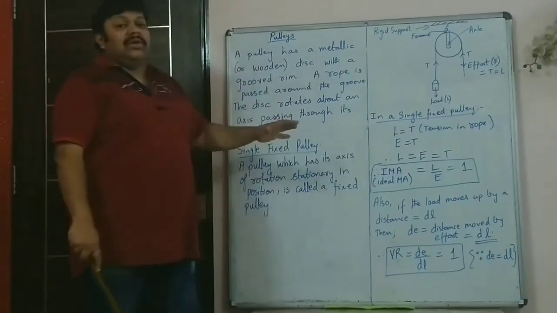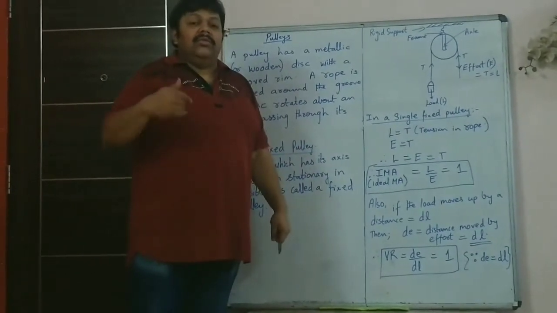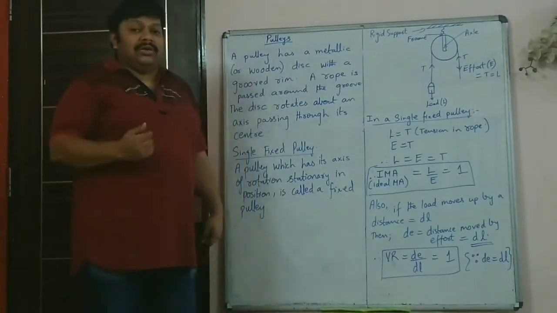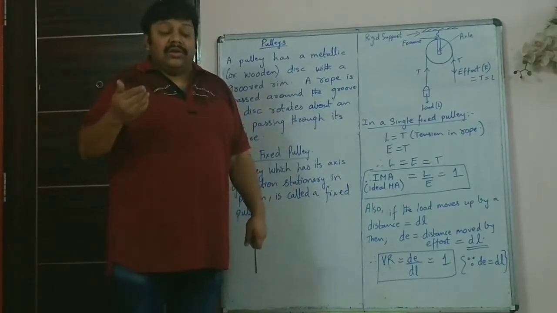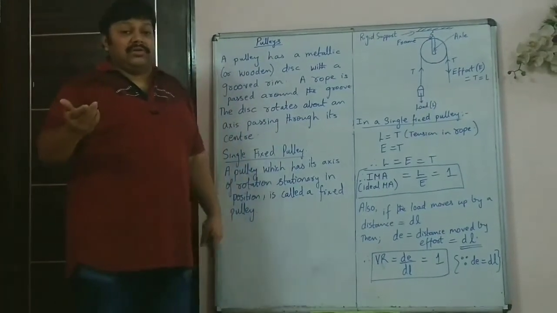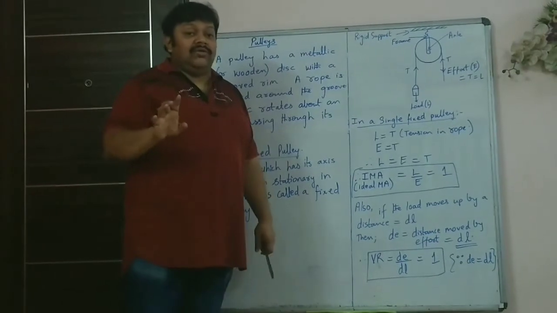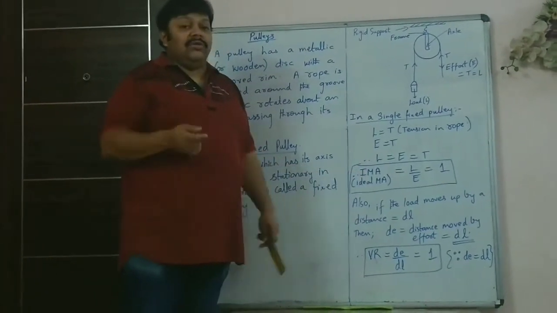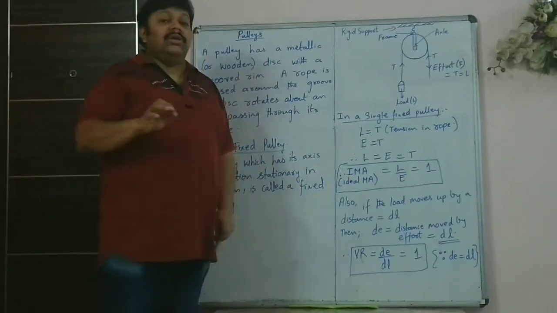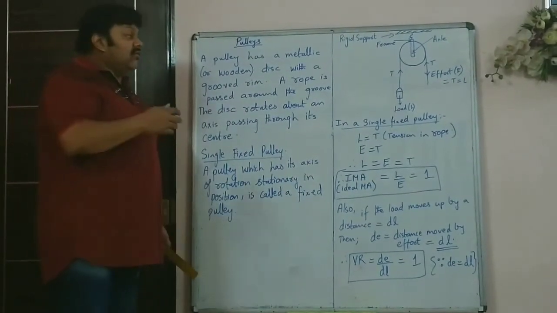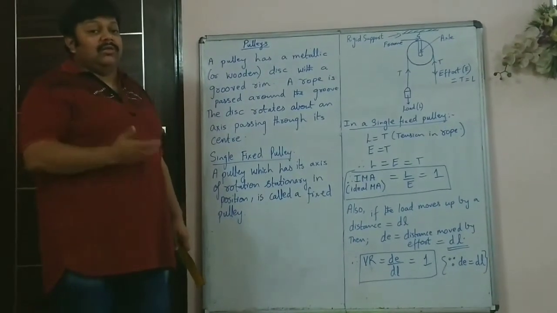In the practical case MA will never be 1, it will be less than 1, it may be 0.9, 0.8. What do you mean by MA is 0.8? In a single fixed pulley it would mean that the efficiency is 0.8 or 80%. Why? VR is going to be 1. So VR never changes. Only MA changes. In the ideal case MA is 1. Now when you say ideal case, you mean there is no friction, no weight of the pulley, no weight of the rope which has to be lifted along with the actual weight, that is the water.